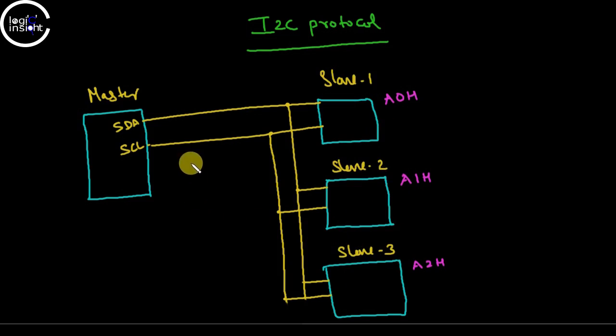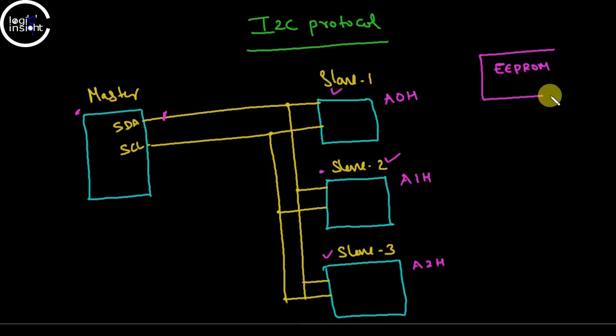Now what the master will do is, if the master wants to communicate with slave 2, then the master sends the address A1 on this line. Then the other two will not respond, only this slave will respond. Then communication between this slave and the master is established. After the communication, if the master wants to communicate with slave 1, it will send the address A0. So this is the basic idea. Now we'll go deep and see how exactly it works, but before that, we'll see some basic concepts.